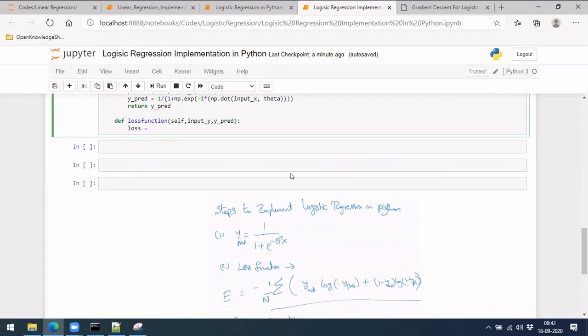So -1 into, and then y actual is this one, into y prediction. So y prediction is that one, np.log of y prediction. And next the form. Okay, let me put one more bracket.